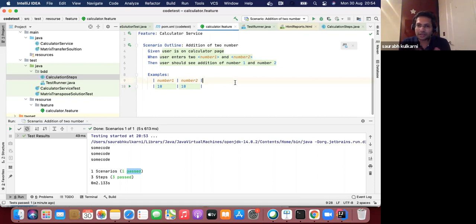Developers are onboarded on this test. Quality engineers are also onboarded on this. So the agile team along with the business is aligned on this, on the same page. Both are on the same page. Everybody understands this. It's the Gherkin and English language.